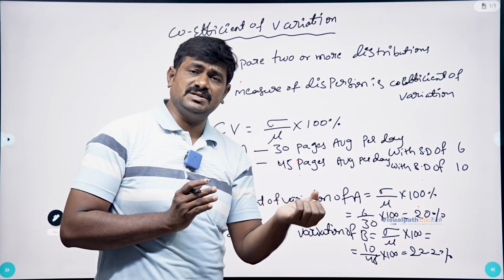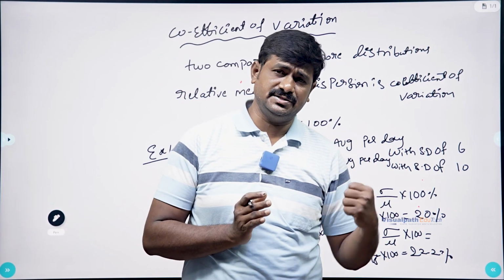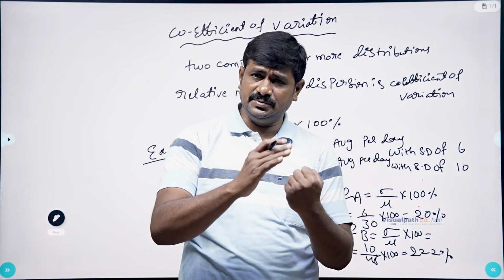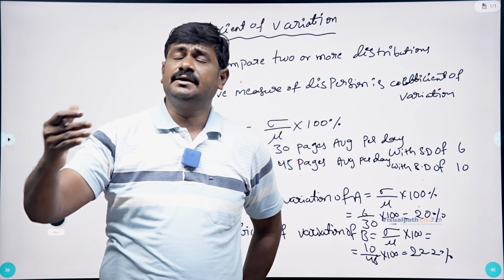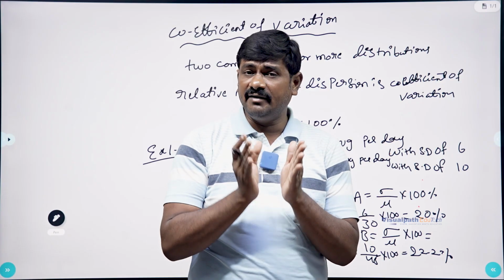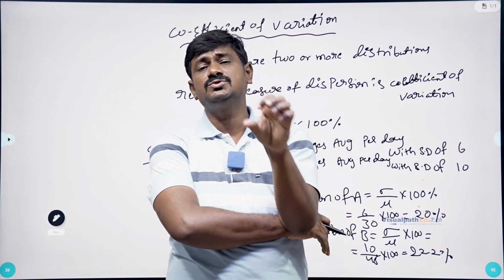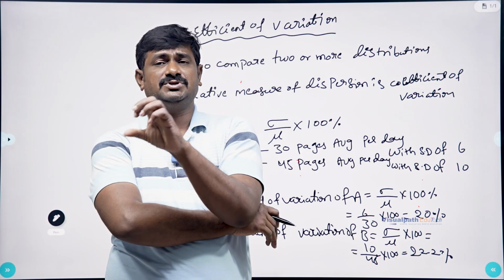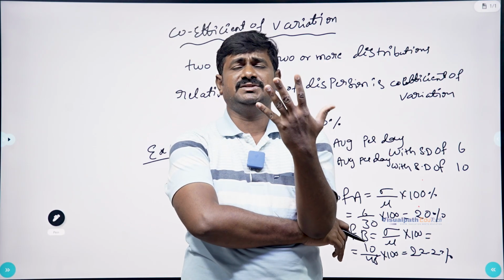For one distribution, we can calculate the mean and standard deviation of that particular distribution, and according to that we can make an assumption and a decision for that particular problem. But when we have a set of distributions, say A, B, C, D, n distributions, and we have to compare them,